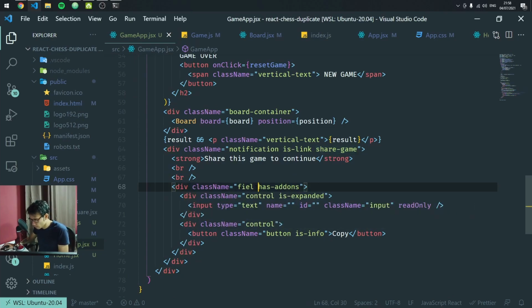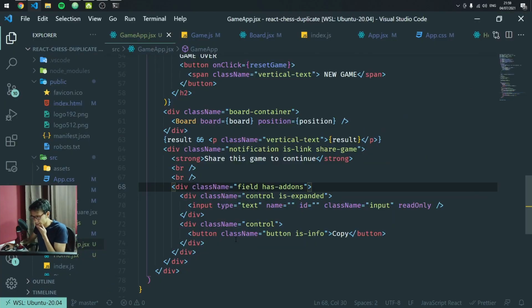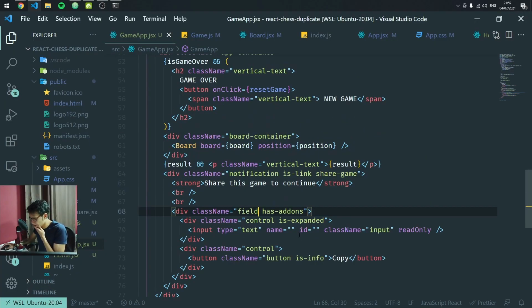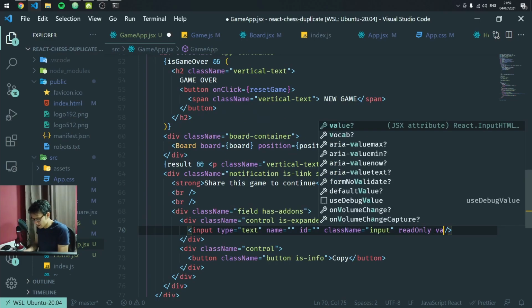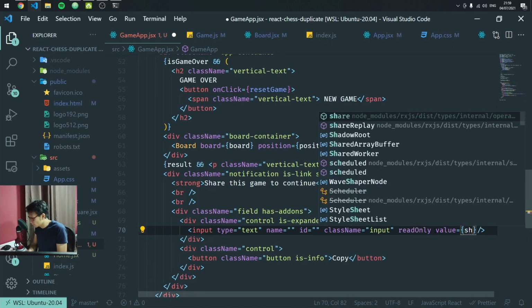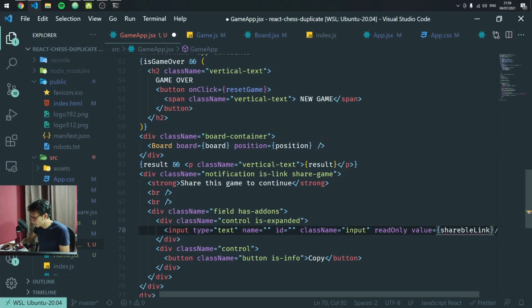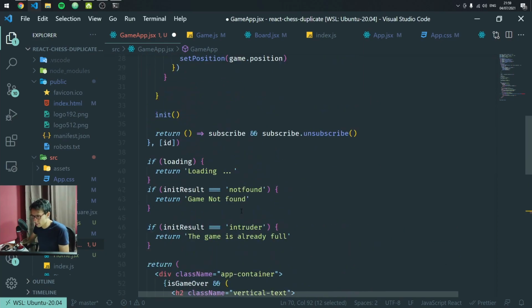Control field, this is field. Now it should be, yep, now it's in only one line. Alright, so now we need to actually display something in the input, and the value is going to be a constant called shareable link. We don't have this declared yet, so let's do that